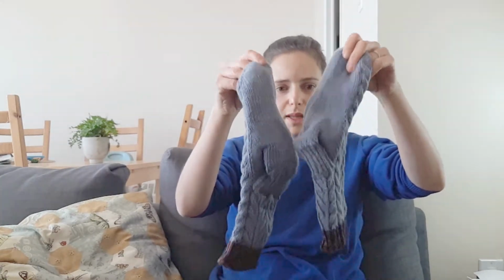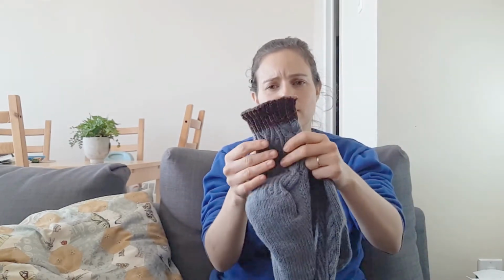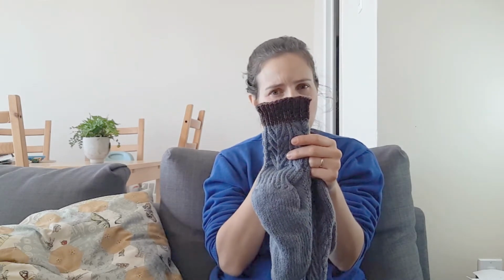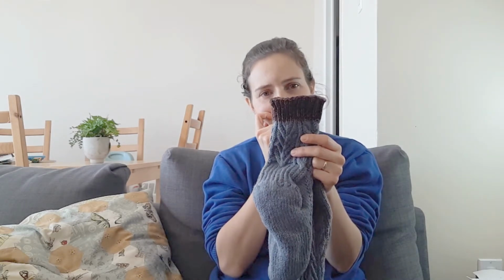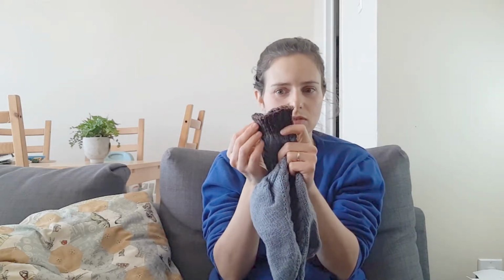I dyed it with black beans, and this is leftovers I had of what's it called? Macintosh DK, right? I don't remember the colorway. It's like eggplant, maybe. I want to say Macintosh yarn. I don't know how it is today. This is really old, like 6-7 year old yarn, but it's amazing